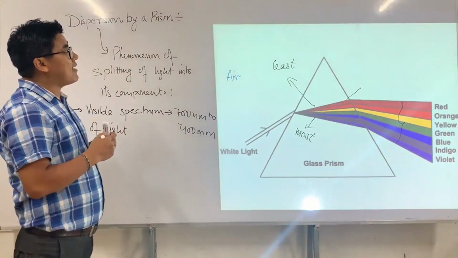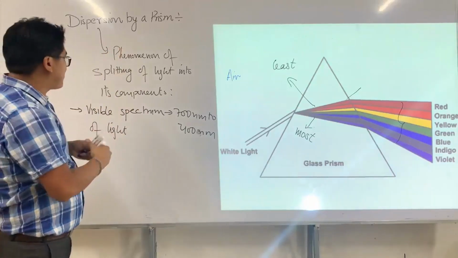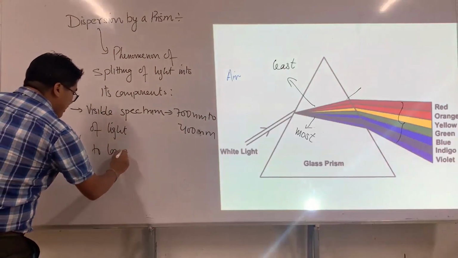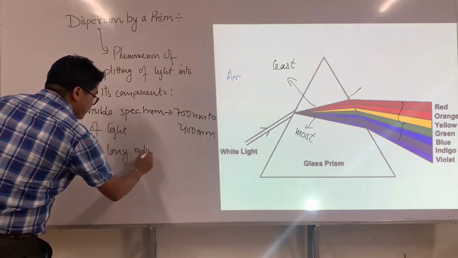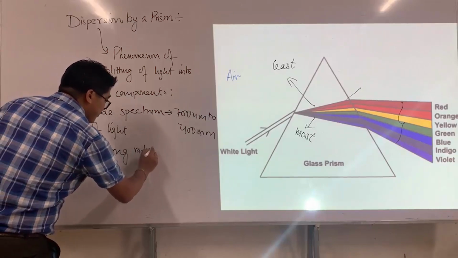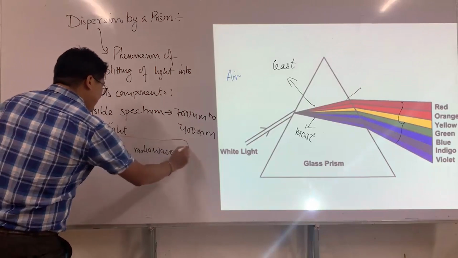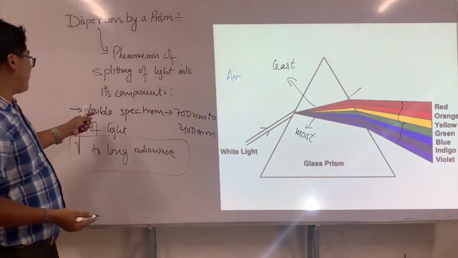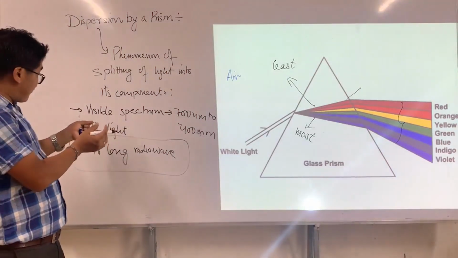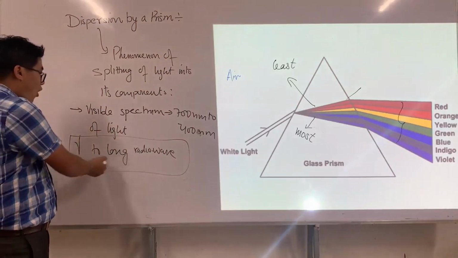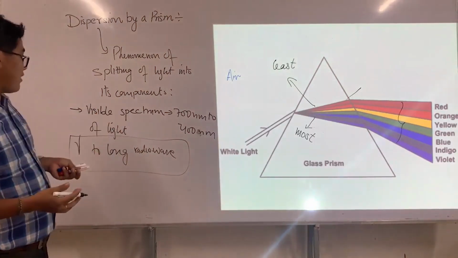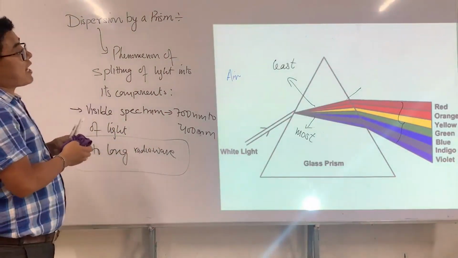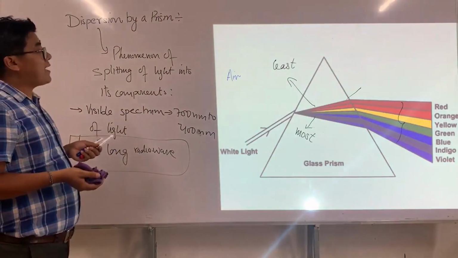And when you talk about electromagnetic waves, the spectrum goes from gamma radiation to long radio waves, and in this long range of the electromagnetic spectrum, the visible spectrum comes under this long spectrum of electromagnetic waves. So this is the point, right? Now look at here. So this is what we define as dispersion by prisms.